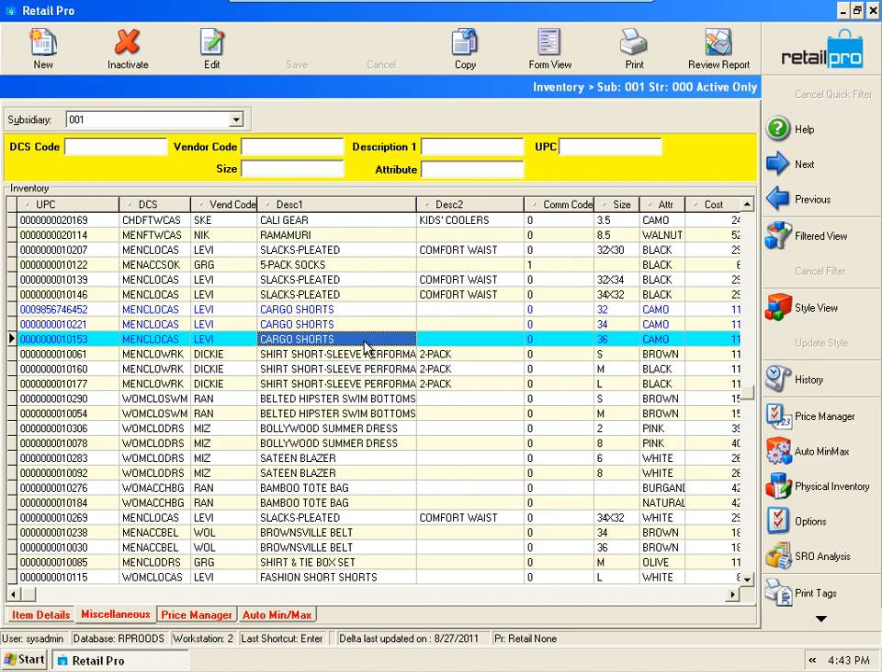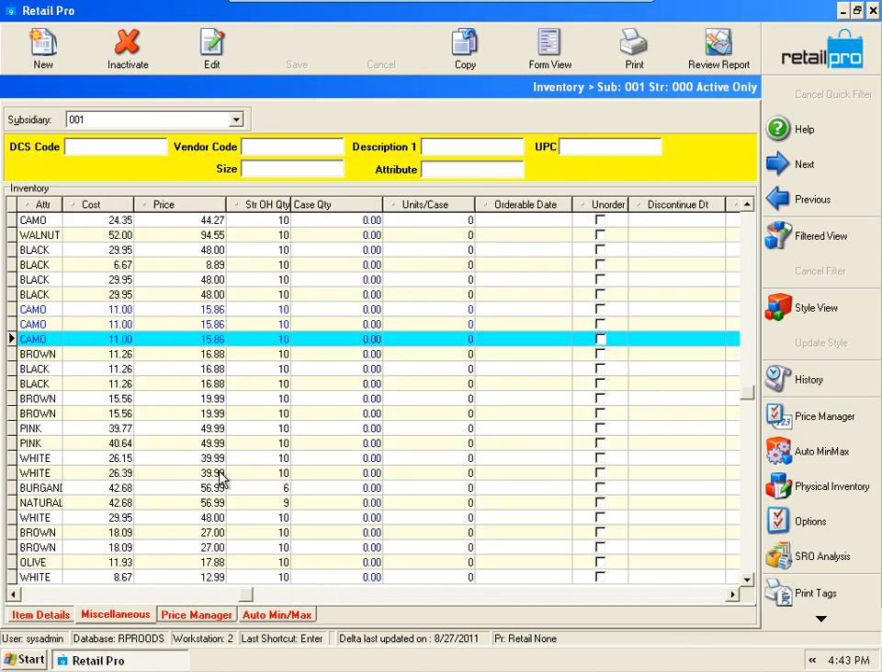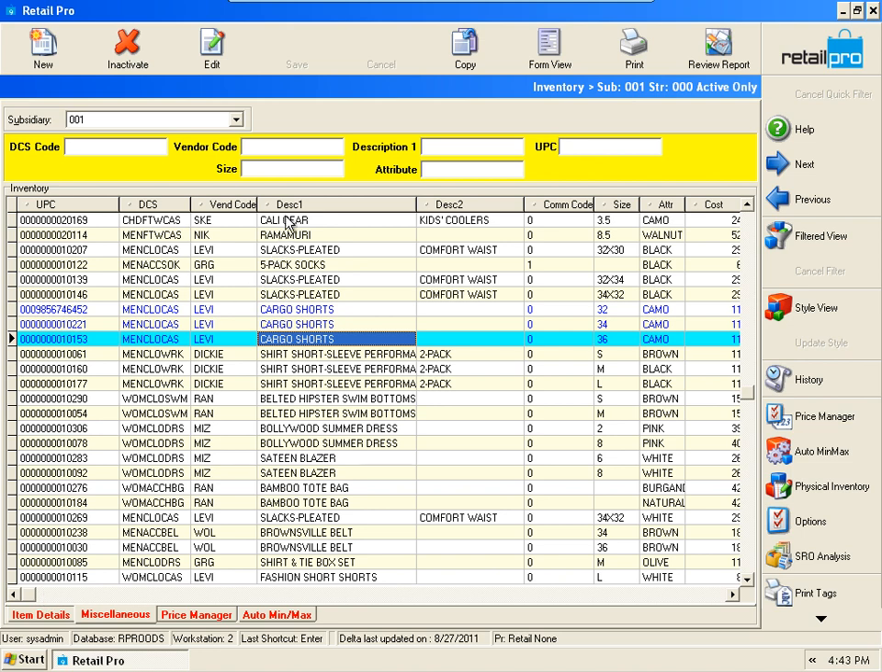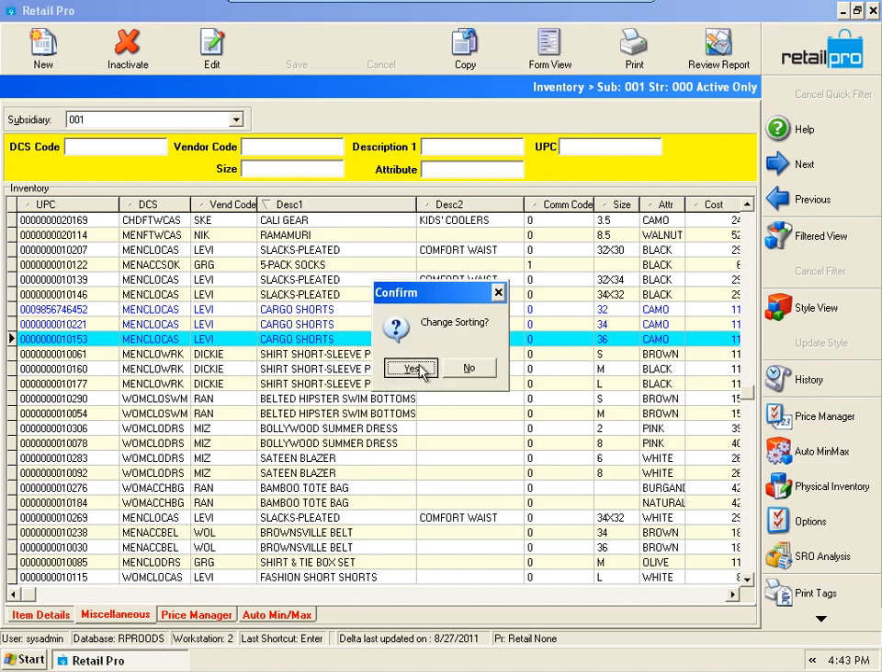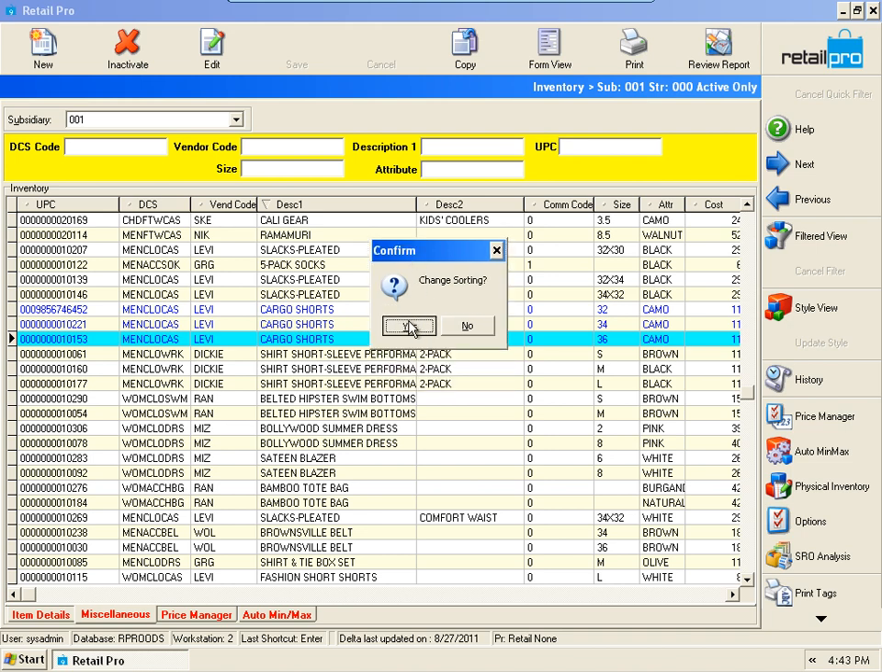So let me show you how to use this sort function. We're currently in inventory list view, and as you can see here, almost all of the fields, the data columns here, have a little dot next to the column header, next to the label. That tells you that those fields are sortable. And what does that mean? Well, that means that if I click on, say, description 1, the header, and say yes for the confirmation,